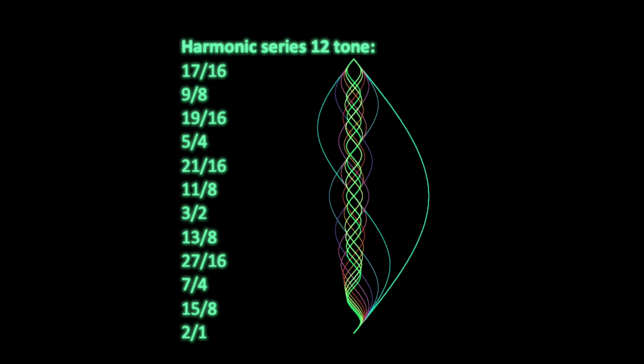So that's how you would make a 12-tone scale out of the lowest harmonics within the Harmonic Series. I encourage everyone to try using this and to experiment with these intervals in isolation from each other. You know, most of these intervals do not have a fifth above them or below them, so there are many